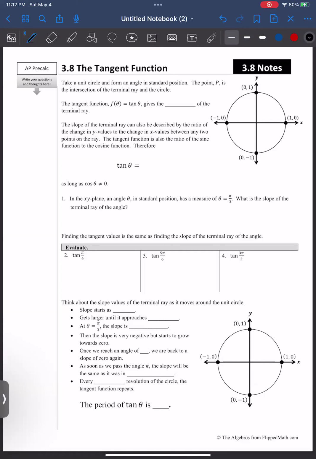So take a unit circle and form an angle in standard position. Point P is the intersection of the terminal ray and the circle. The tangent function gives the slope of the terminal ray. So if I had my graph, here's my P. And then I draw, there's Y values, there's my X, here's theta. Remember that my tangent functions are always opposite over adjacent. That's what my SOHCAHTOA